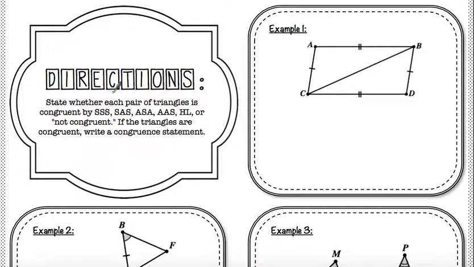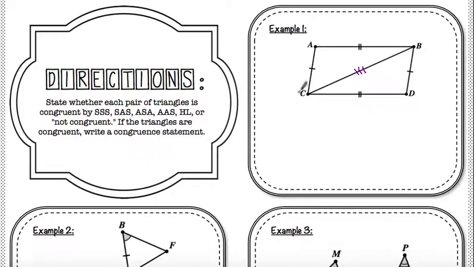So let's start with the directions that say, state whether each pair of triangles is congruent by side, side, side, side, angle, side, and so on, or are they not congruent? If the triangles are congruent, we're going to write a congruence statement. So the first thing we're going to do is look at these two triangles that are put together, and we are going to put a marking on side CB. We're actually going to put 3 lines,